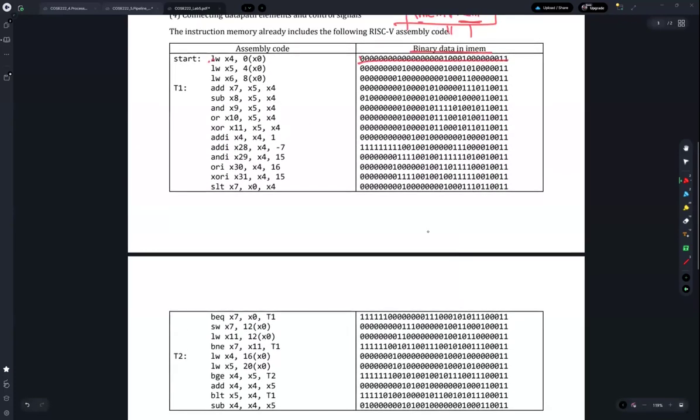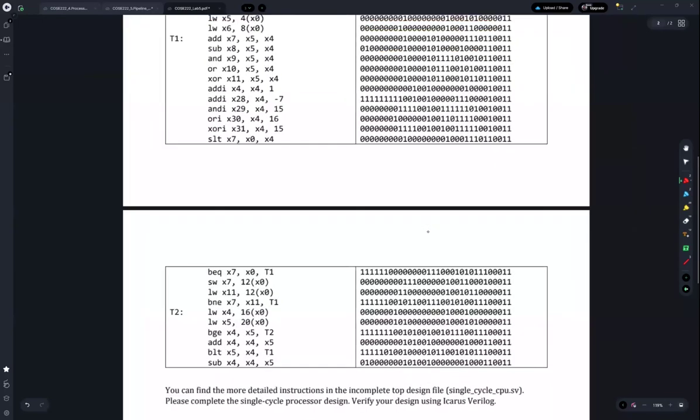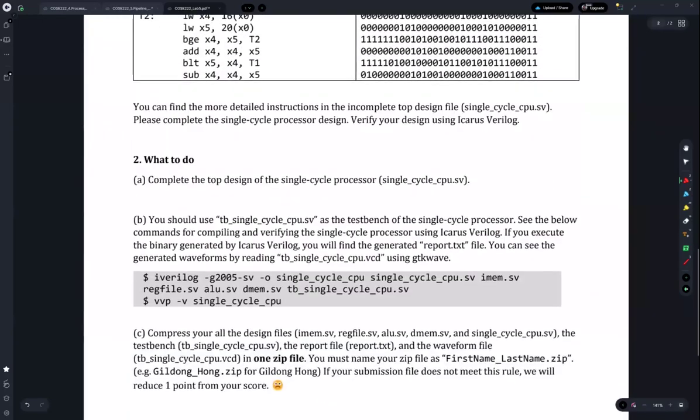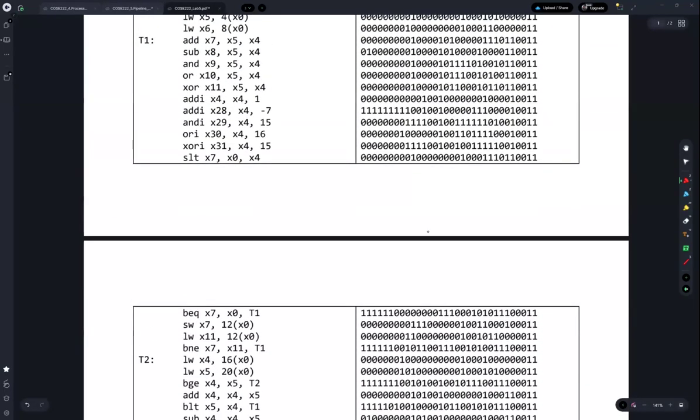If you complete your single cycle processor design, then you can verify your design using the test bench. This is the test bench SystemVerilog file, and I provide the complete version of the test bench. If this test bench is executed, then